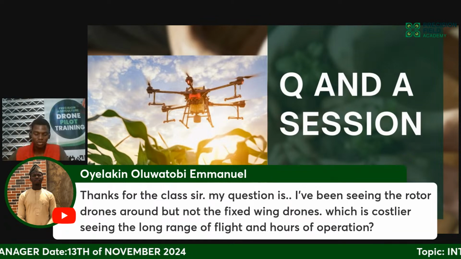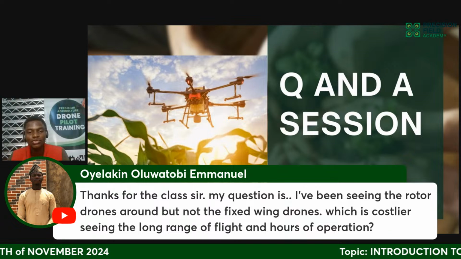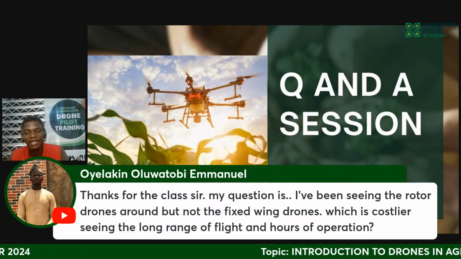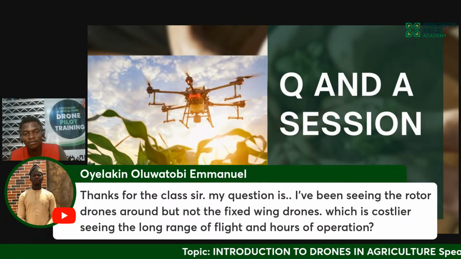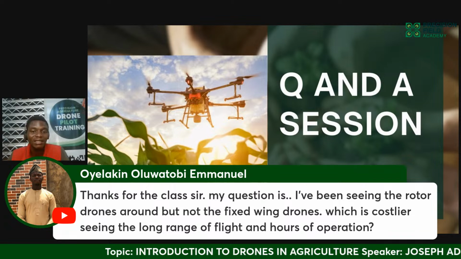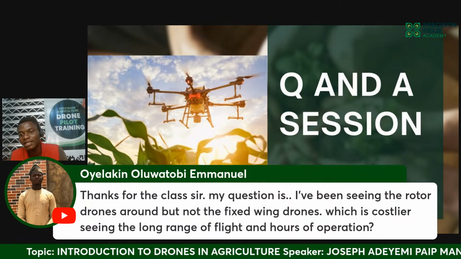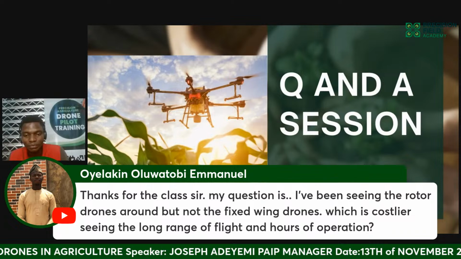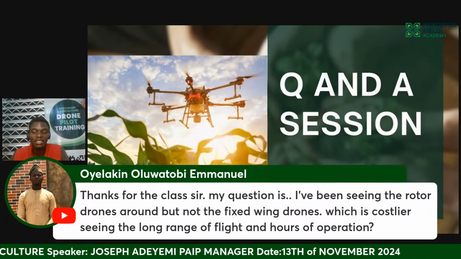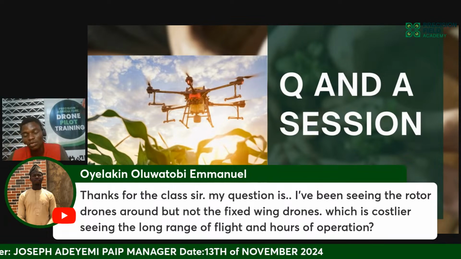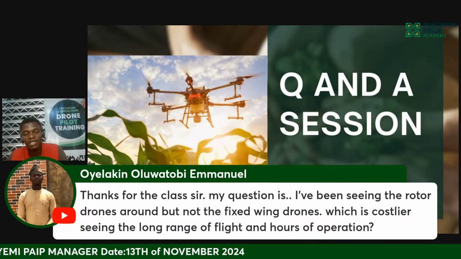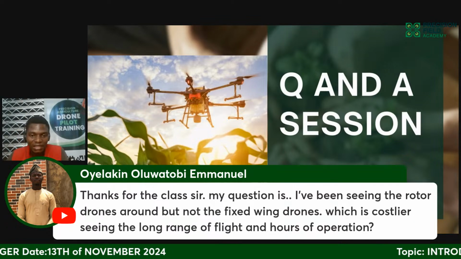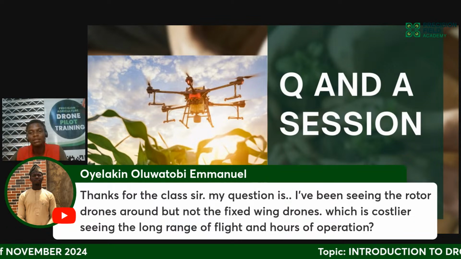You can't just use a smaller drone to be flying across this farm. Farms that could require maybe something like 5,000, 10,000 hectares. It really makes sense for you to use a fixed wing drone to collect this data and do your crop inspection, because you can cover large distance and expanse of land.